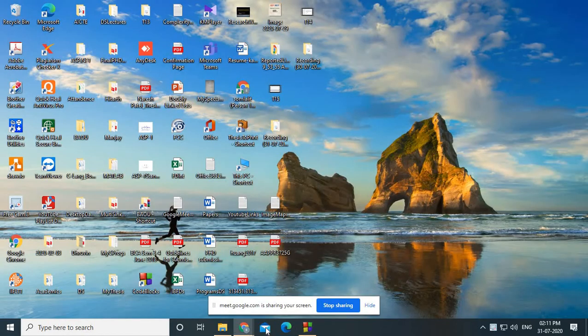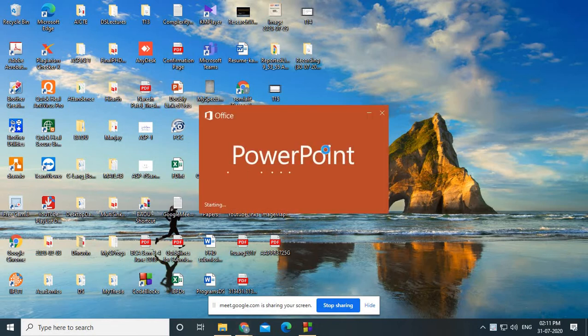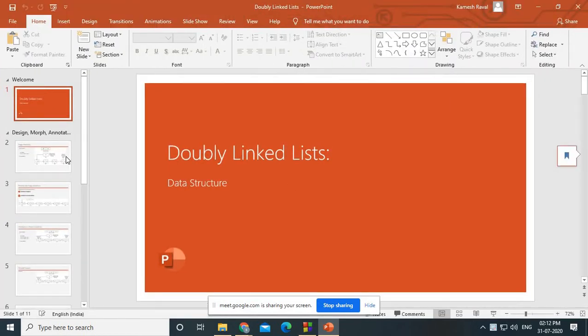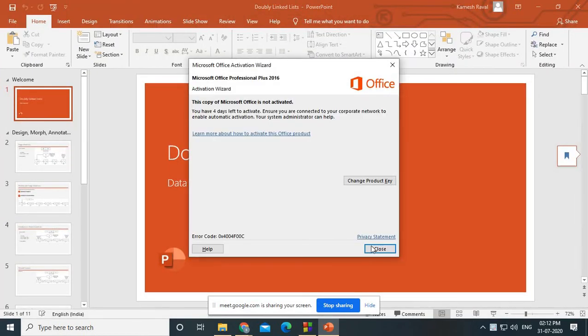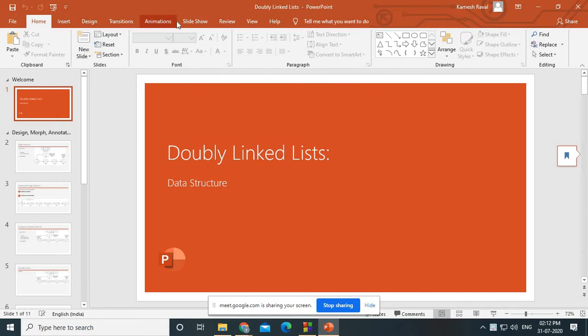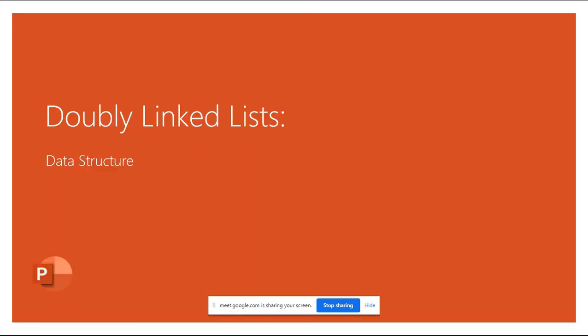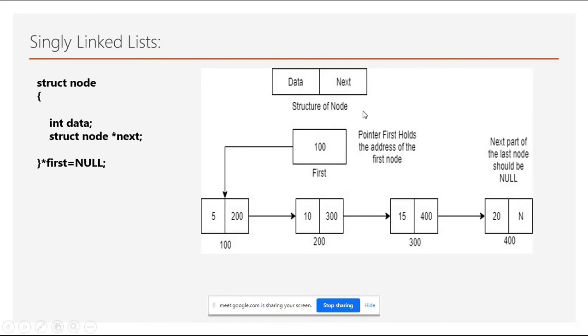So basically, in the last session, we have discussed a doubly linked list. What is a doubly linked list? How does it differ from a singly linked list? That we have discussed. In the case of a singly linked list, we have a single link in every node, right? So in a singly linked list, every node is having a single link, a single address, and the structure of the node we are designing in this way.